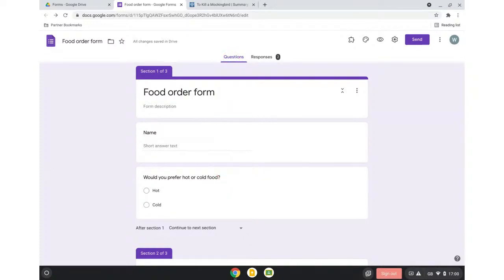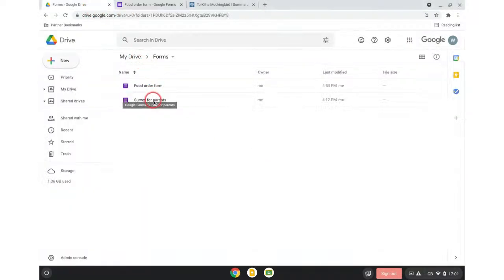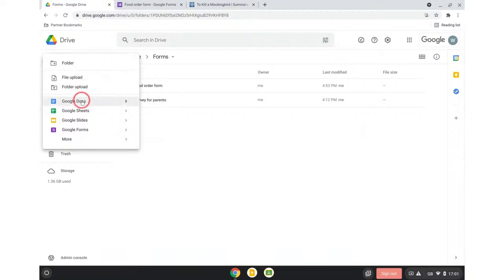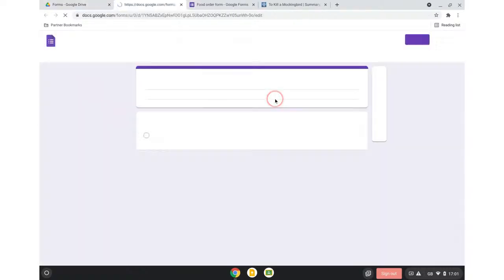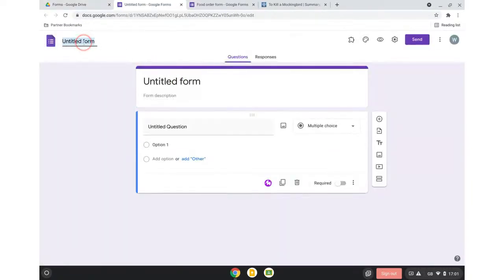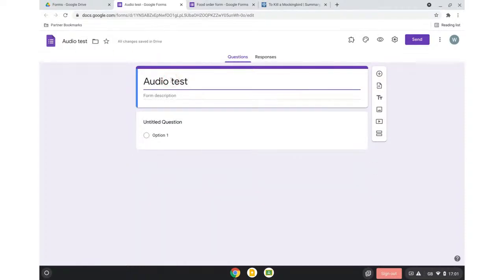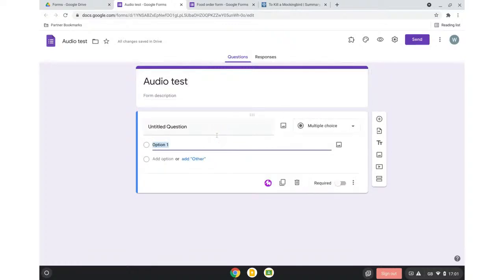Okay, let's come back in and see if we can answer that question now. You want to know how to insert recorded audio for the students to listen to and answer the questions. Okay, so let's go back in to a new form again. Now, I'm calling this audio test, but really it wants to be mixed up a bit with the others. Hopefully this will give you what you want, Chai, but I'm not sure whether it will give it in its